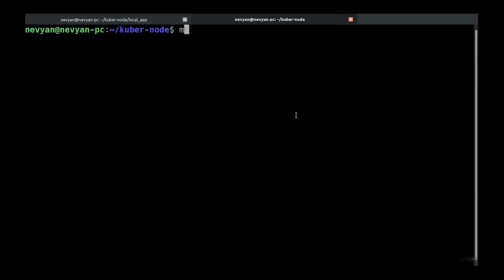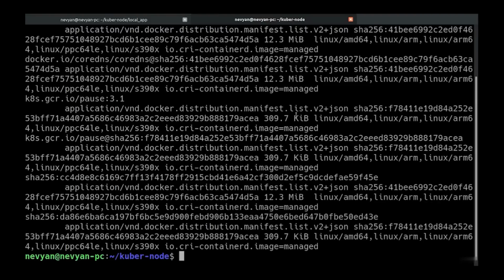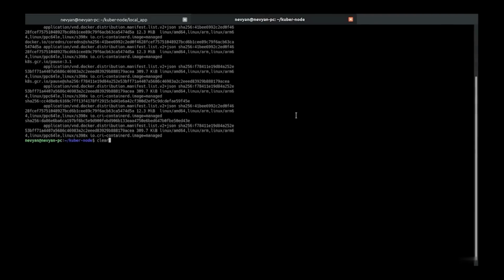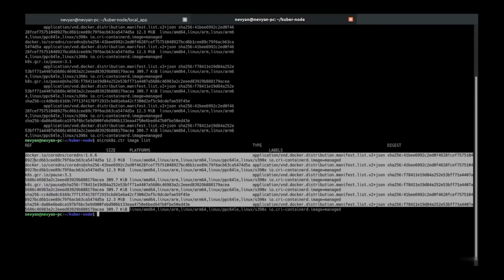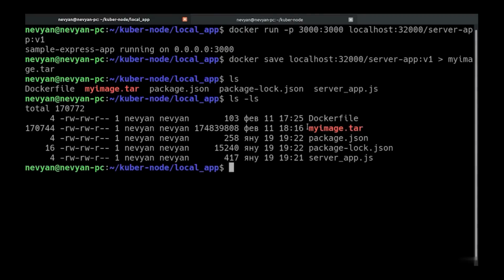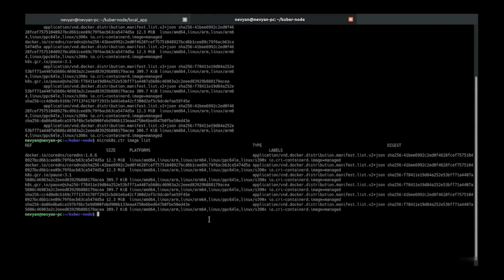And now actually we would like to see what's inside of our container registry. So what we have as images inside of a MicroK8s installed by default. So we'll use the container daemon CLI for this. So type ctr, then image, and then list. Reduce a little bit the screen size and the font just to be able to see. So those are the default installed images which we have, and our goal is actually to place this Docker image which we have right now saved as a tar archive inside of our Kubernetes